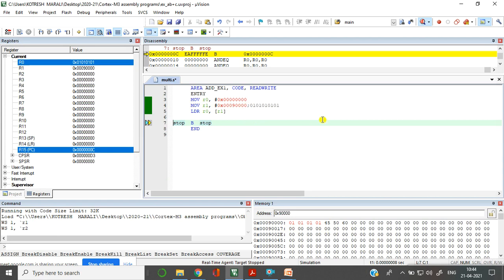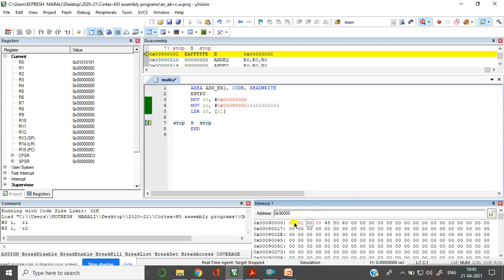I will explain one more concept here itself. Now the data is moving from the lower byte of memory to the lower byte of the register, and the higher byte to the higher byte. That's what we call the big endian and little endian concept. I'll just show you how the big endian and little endian concept works. I'll just reset this.